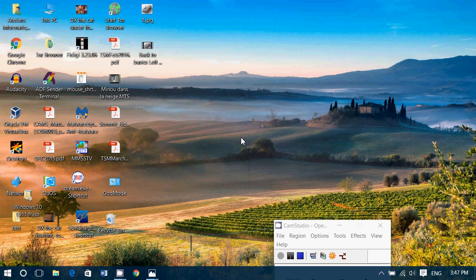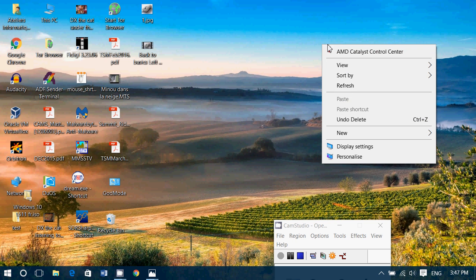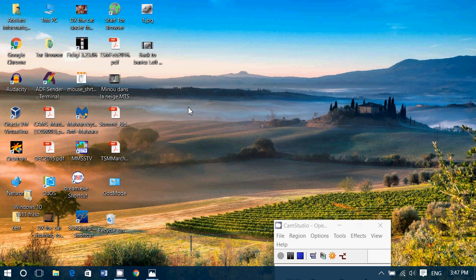Maybe I want to change something on my desktop, change the options of my desktop. What could I do? Well, I leave it somewhere on my desktop where there's no icons, right click, hey, I've got all sorts of options including display settings, personalize my display, and other options. Think of the right click as being a menu. It's a contextual menu with all the options that usually a user will want to do with an object, with